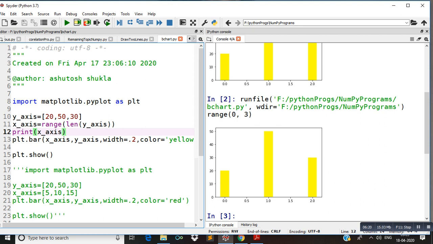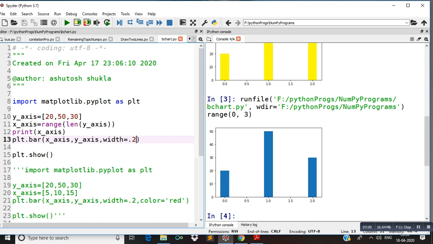Is there any confusion in this chart? I think there should be no confusion. If we don't apply any color, if I remove this attribute, which is a parameter for this function, you can see this is the default color, like sky blue, a bluish color.